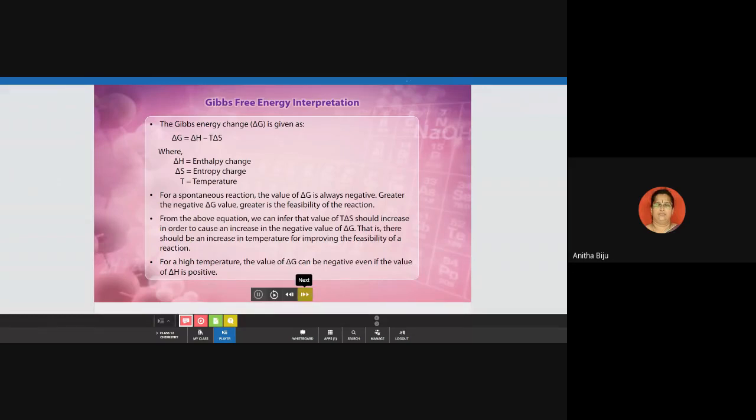Now, which are the two factors left? One is delta G, another is delta S. There you can mention that for a spontaneous process, delta G will be negative and delta S will be positive. Okay. This is the point you have to mention in your copy. For a spontaneous process, delta G will be negative and delta S will be positive. So, all together we can remember delta H and delta S, delta G and delta S. Okay, so let us come to the next one.